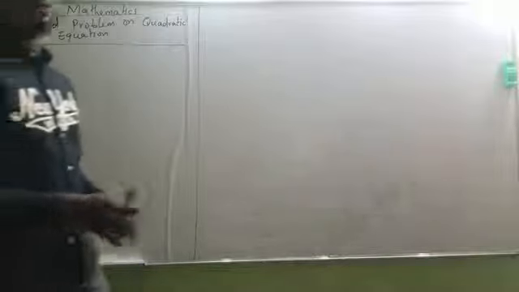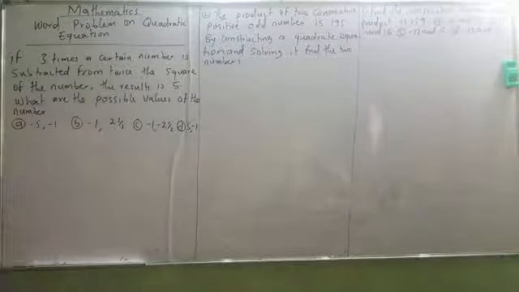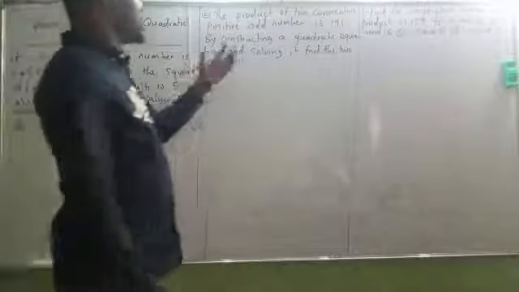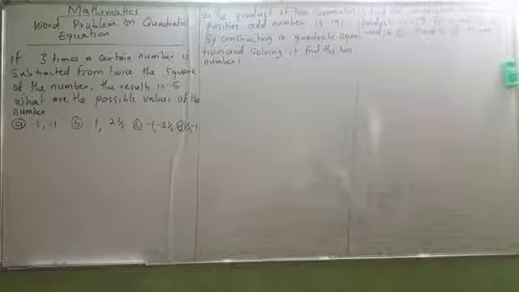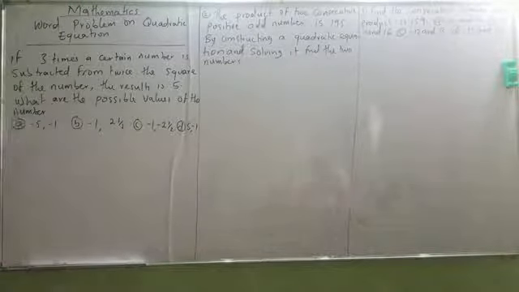Now, I have some problems here. One is from Investor Ilorin, which is a very simple one for year one. He said, Mr. Daly, please help me. Now look at this problem. By the end of this, you should be able to understand word problems on quadratic equation very well. Let me start from here.